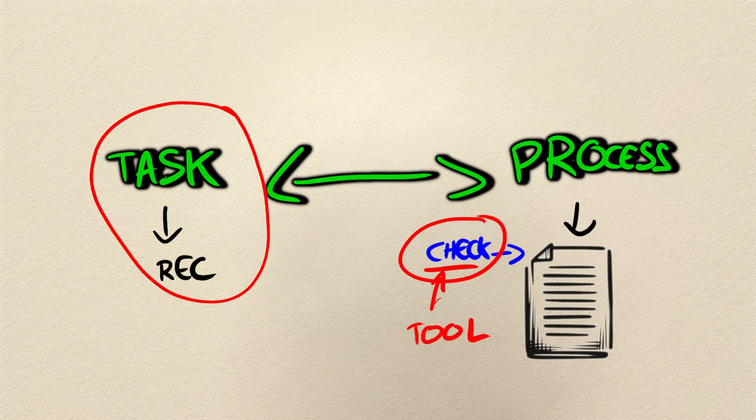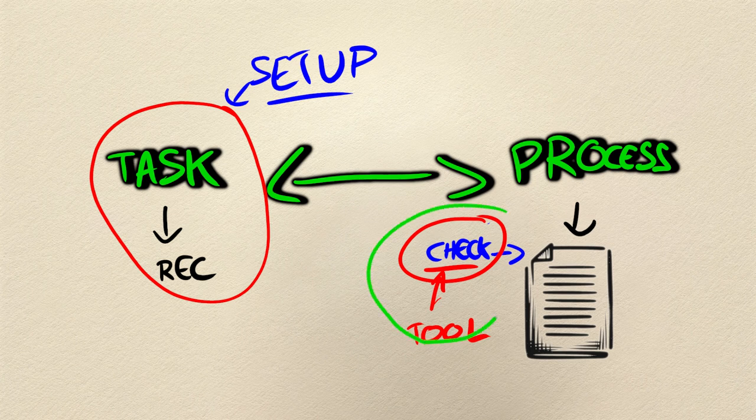Because those two things can be done either manually or with a tool, right? Like you can do the setup. In fact, that's what I'm doing right now as well. I'm doing the setup of my recording automatically. And I also do the different checks to make sure that the mic can correctly record things, that the screen recording is set up correctly, that the camera is working. All of those checks are being done automatically with a custom tool that I built, and this one is more important than the other one.